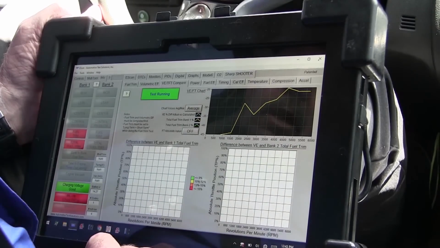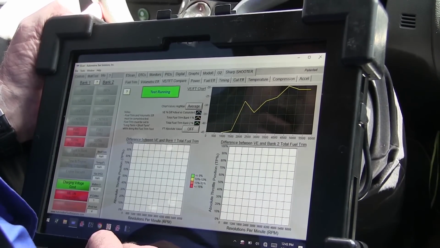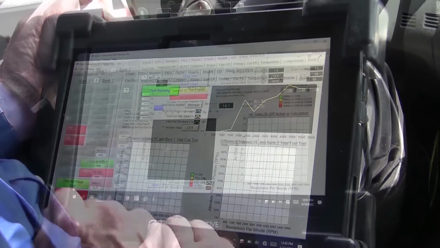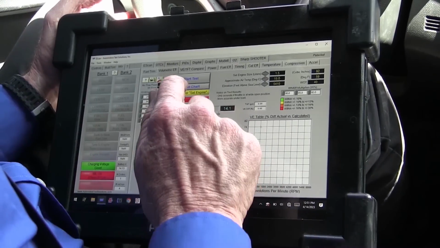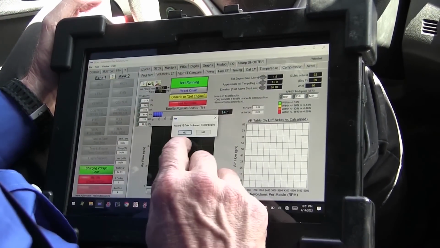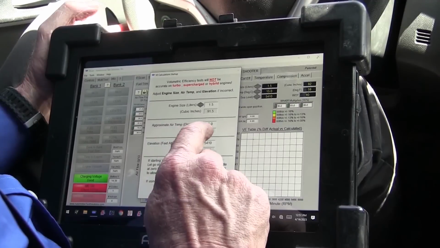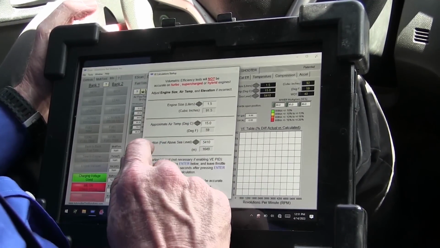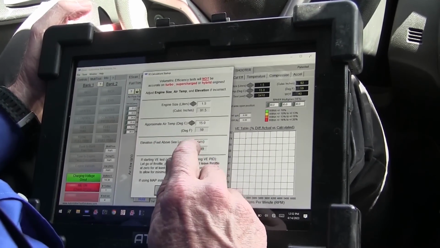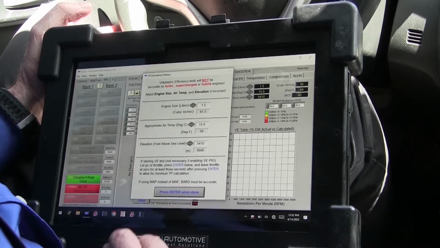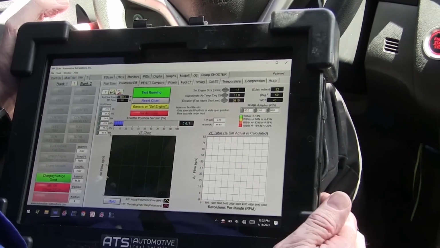So now what we need to do is we need to run a volumetric efficiency test. Okay, what we're going to do is run a VE test. Go ahead and start this. It's a 1.5, it's about 60 degrees, so that's about right. I'm at a mile high, 5,500 feet, so we're good here. So all that data is good. So now to run the test,